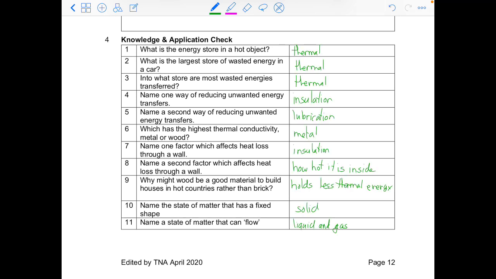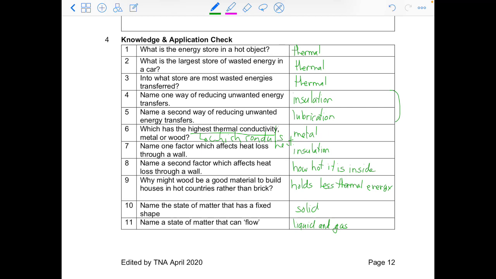So here are the correct answers for this knowledge and application check. For questions 4 and 5, they can go either way. So you could have lubrication first and insulation second. That's absolutely all right. A higher thermal conductivity is which conducts heat more easily. So the higher thermal conductivity, we know wood is a nonmetal, and we know metals conduct heat